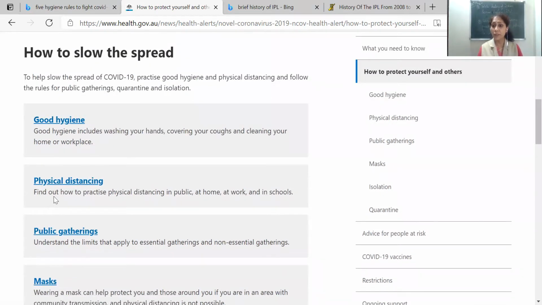If you're sneezing, you have to use a tissue paper and get rid of it, because tissue papers are disposable. Just after one use, you have to throw it in a dustbin so that it does not spread. Don't use the hanky, right? Otherwise, we tend to encourage the use of hanky. Don't use hanky, because the germs that sit on the hanky, using it again and again, cause it to spread. So please discourage the use of hanky. Instead, use tissue papers for cleaning, for wiping your hands, and to get rid of it.